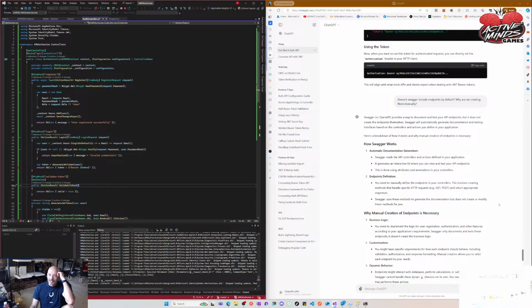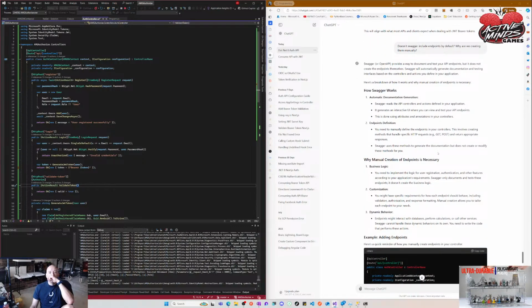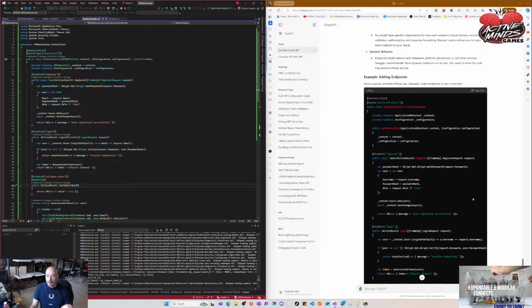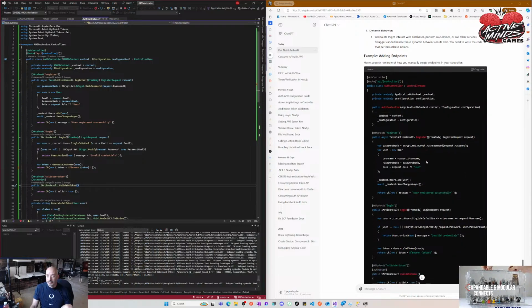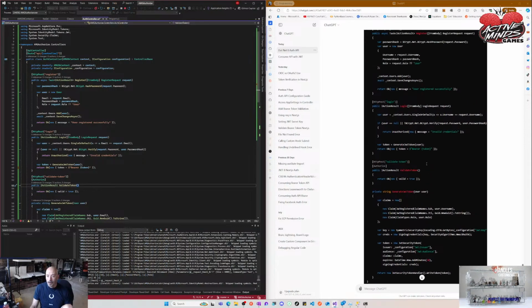Your breakdown of how Swagger works. That's cool, though, that it actually explains a little bit. Dynamic endpoints might interact with a database, perform calculations, or call other services. Swagger cannot handle these dynamic behaviors on its own. You need to write the code that performs these actions. You might have specific requirements for each endpoint. Example, adding endpoints. Register, login, validate token. Wow. Okay, but